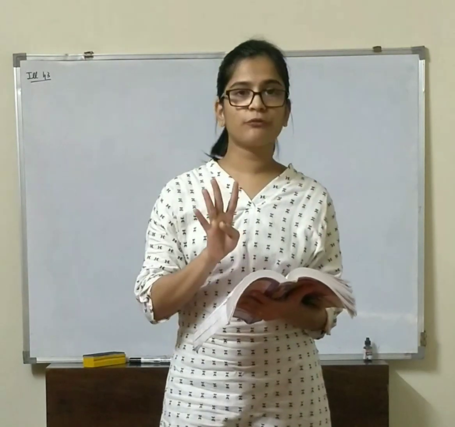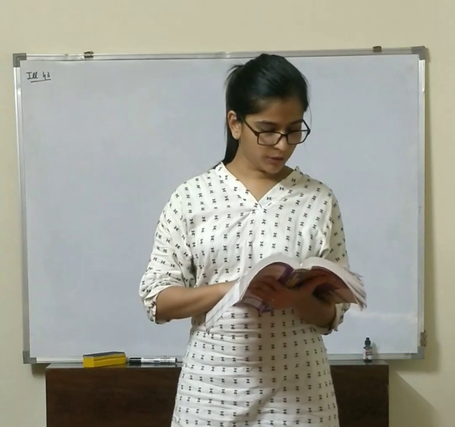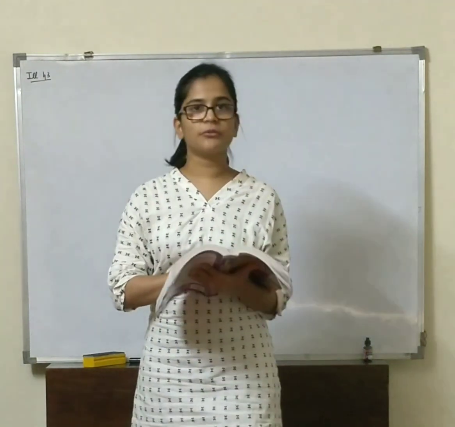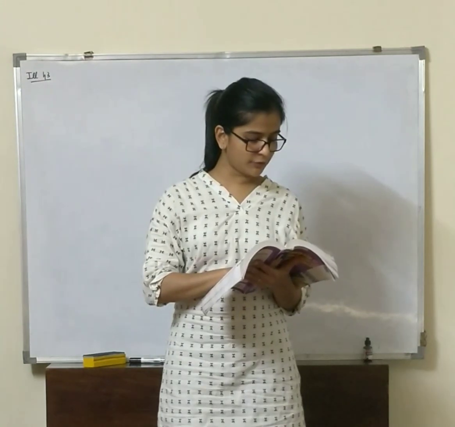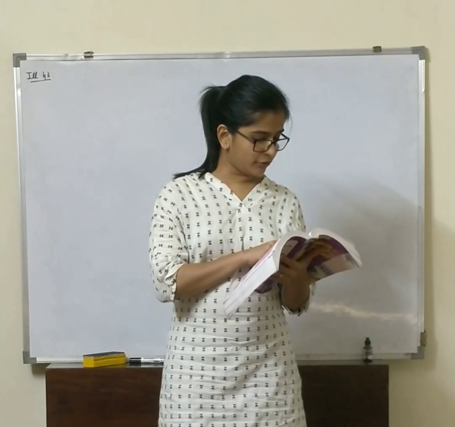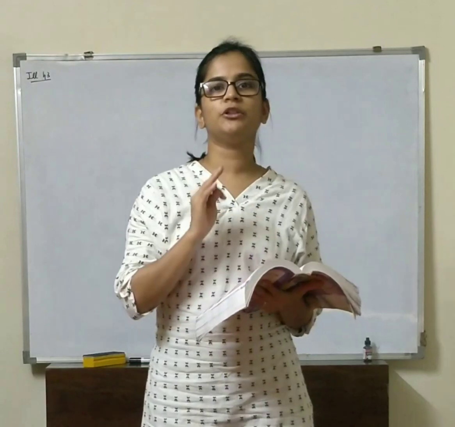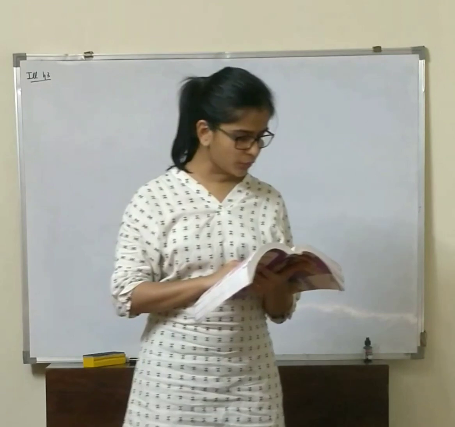They have given us the balance sheet, they have given us the notes, they have given us 4 additional information, that is gain on sale of land, depreciation on plant and machinery, interest paid on mortgage loan, provision for income tax. So 4 adjustments have been given. So according to the adjustments, if there is depreciation on plant and machinery, we need to prepare a plant and machinery ledger account. There is a gain on sale of land, which means we need to prepare a land account as well. And there is provision for income tax paid. So whenever there is provision of income tax given in the adjustment, we need to prepare provision of income tax ledger account as well. Okay.